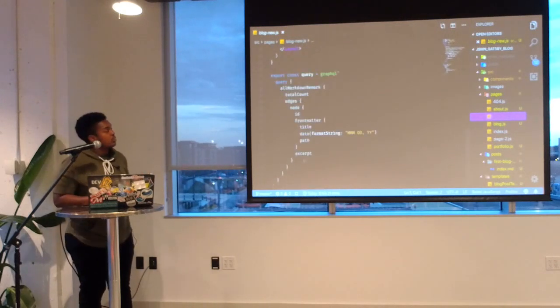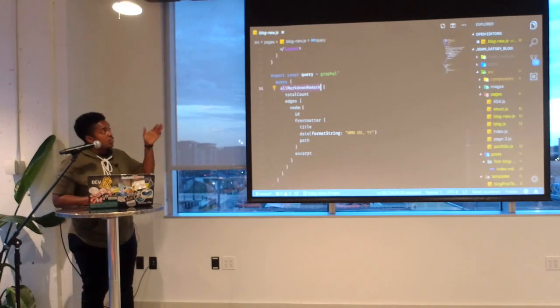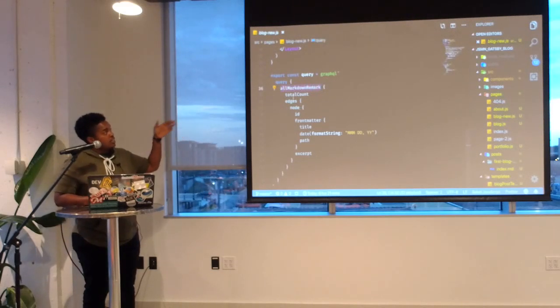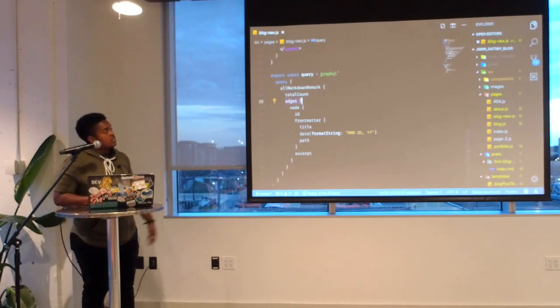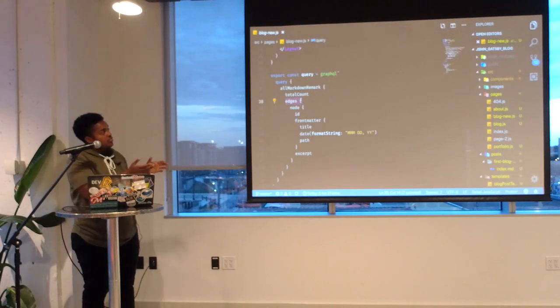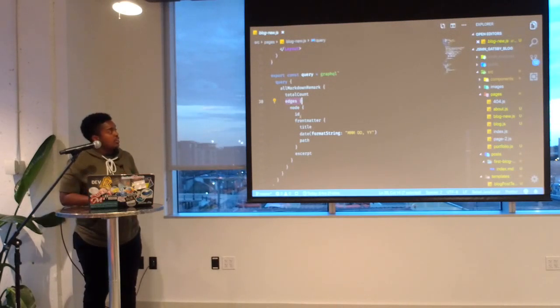You can do this a bunch of different ways. But again, you start with your GraphQL query. So again, we're getting all of our markdown, all of our transformed markdown. We can get a total count, and then we can use edges, again, which is going to be that array of each individual post, and we can get any of the specific information. So I'm going to get the ID because I need that for my key. We need a unique identifier, so get that from my key, and then we're going to use that front matter again, which is the title, date, and then you can format that string to however you want because that's defined in your